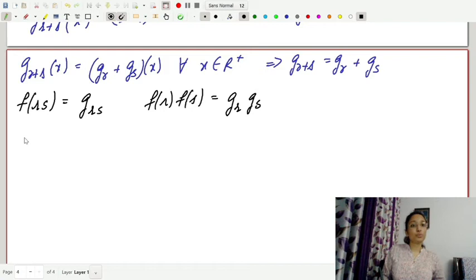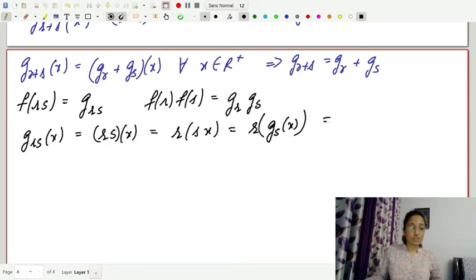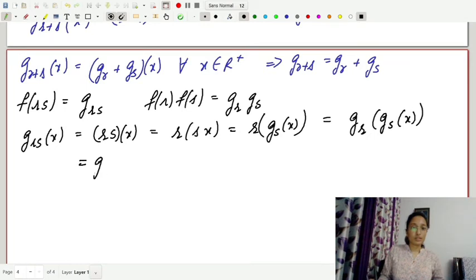That they are equal on their domains. So g_(rs)(x) is equal to (rs)x, which in turn is equal to r(sx), which in turn is equal to r g_s(x), which in turn is equal to g_r(g_s(x)), that is (g_r g_s)(x),